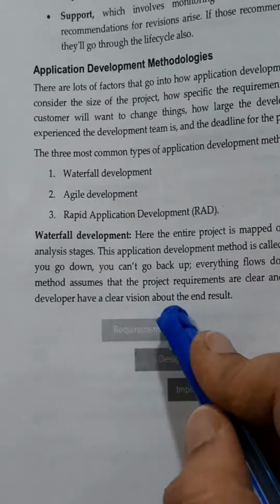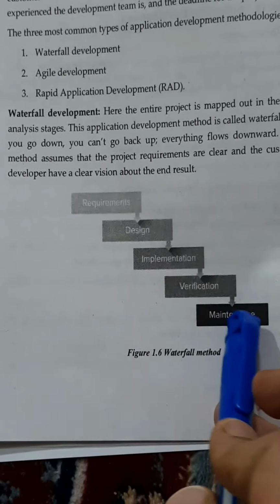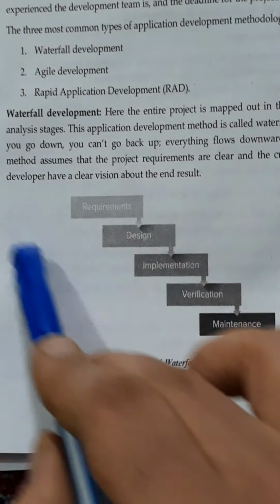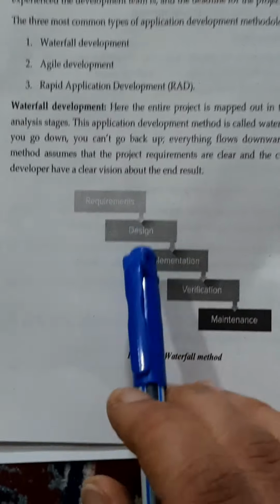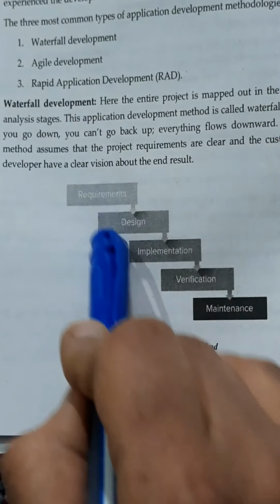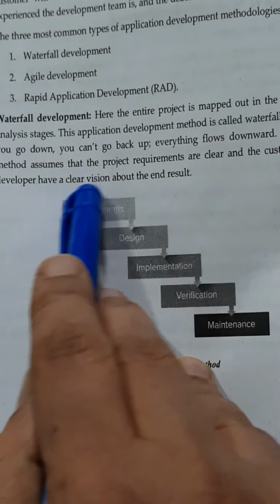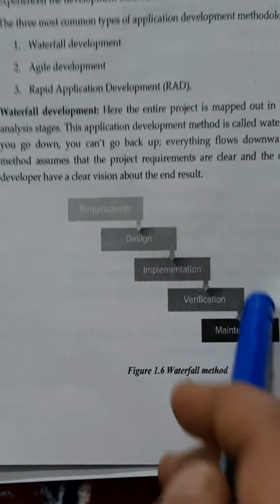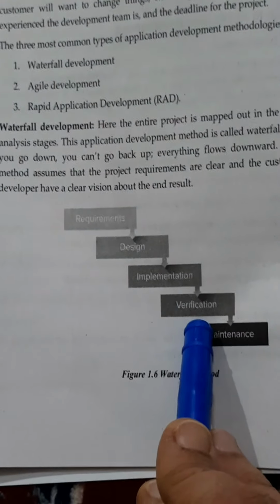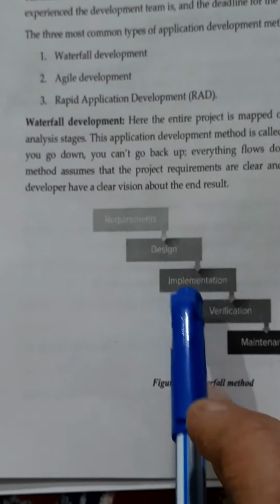I'll explain in detail. Now, within the waterfall method, you have a very small project. So you know the requirements, design, implementation, then verification and maintenance. So here you have developed your project and you'll give it to your client. Now, if he is not okay with your project, you need to redesign, do it from the beginning again. You'll discard that application and do it from the beginning. Here there is no going back, just like the water falls down. There is no going back of the steps. If the customer is not happy with the application, you will redesign it from the beginning. Since it's a small application, you can still give it to them in just a couple of days. So this is the waterfall method.